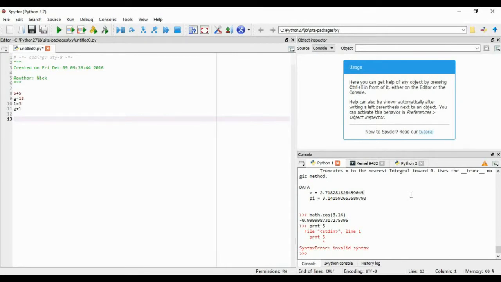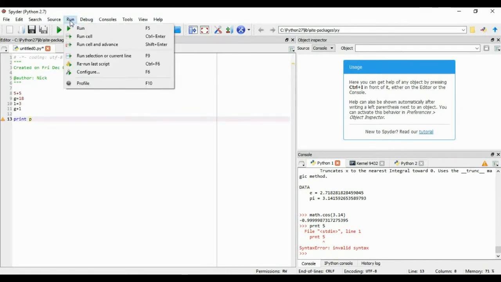So now that we've gone through the help, let me show you how to run your first script. So let's just print this. Usually before you run your script, you need to set up the run configuration. So the way in which we do that, we come to the run tab here at the top, we click here, we go to configure, we click configure,